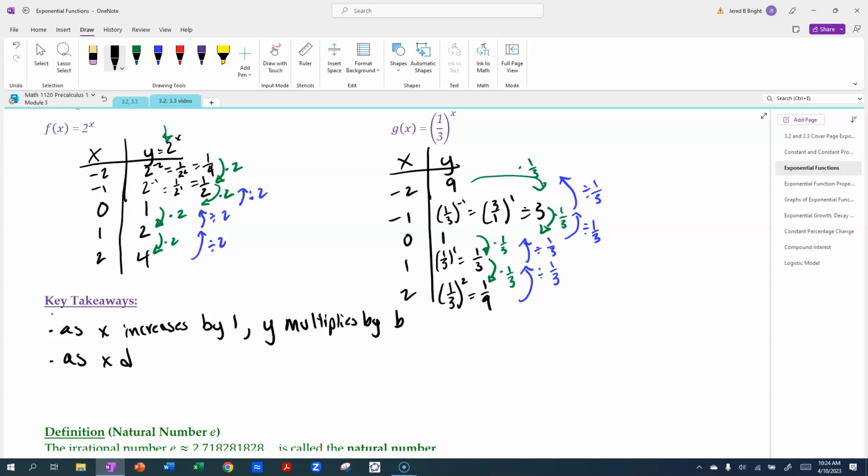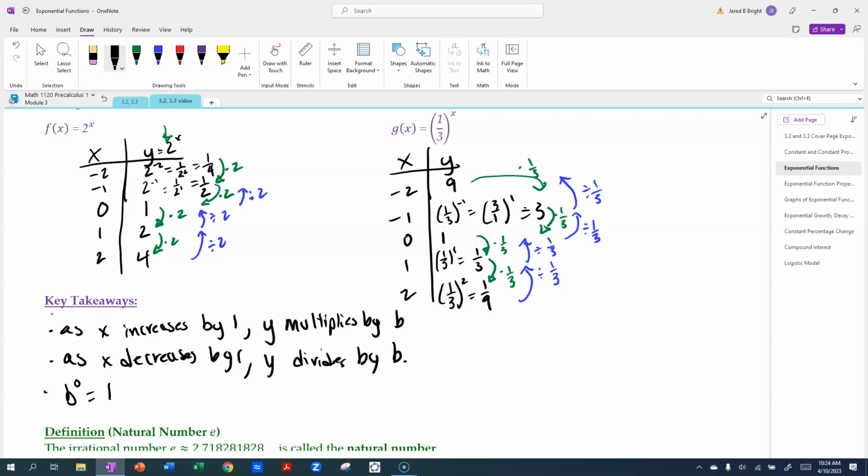As x decreases by 1, y divides by b. Okay, and then also other things that you might just want to note is that b, like anything